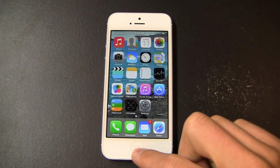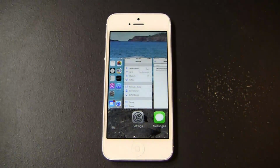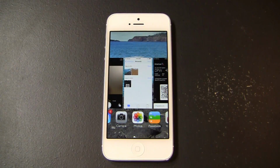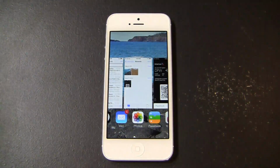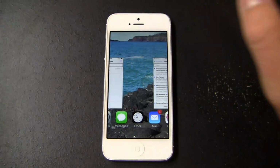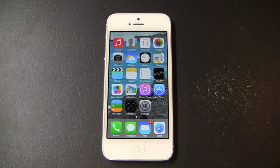So you got that, you got multitasking on this device, and of course this has changed as well. So all applications have background multitasking options now. So I can press and hold that twice, or double tap I should say, and swipe right through. Very similar to the cards in WebOS. So for example here, I can swipe out a camera just by swiping up, and boom, camera is gone. My emails as well, I've got my clock right there, I can swipe up and that's gone also. So again, very, very similar to WebOS, and of course the card setup in WebOS has been long gone, but they brought that over